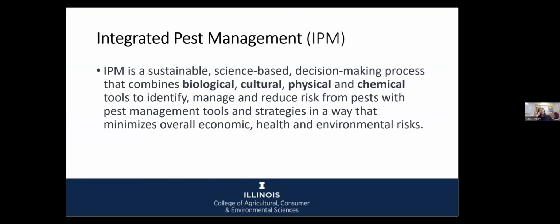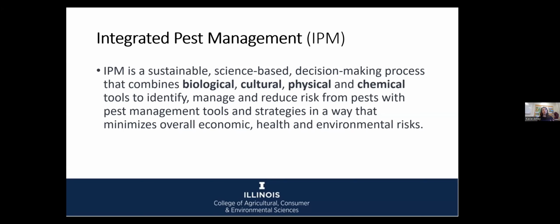So I'm going to start with a large definition here. And I think it's important to point this out. We as extension folks and people who work in insect control always advocate for integrated pest management, or IPM. And there's a lot going on in this definition, of course, that you can read here. But really, we're basing our control tactics, we want them to be sustainable. We want them to be based on science and on insect life cycles. And it's a combination of strategies.